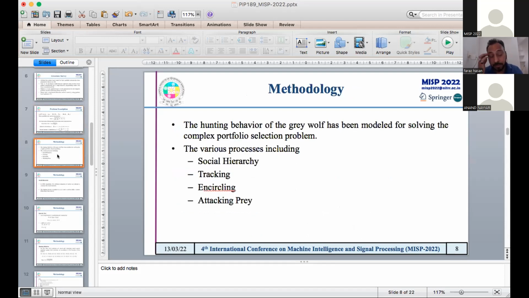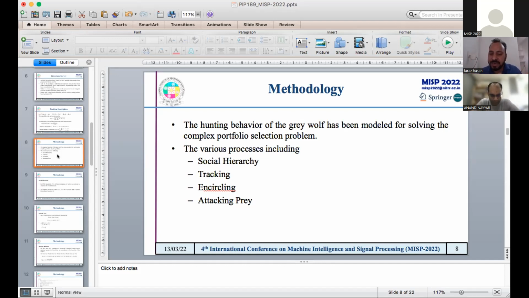Now, for the methodology, we applied the gray wolf optimization here. The reason we use gray wolf optimization for this particular problem is the characteristics or processes that the gray wolf has during the hunting process. An important characteristic of the gray wolf is its social hierarchy. It establishes the social hierarchy. It can easily track the prey because the